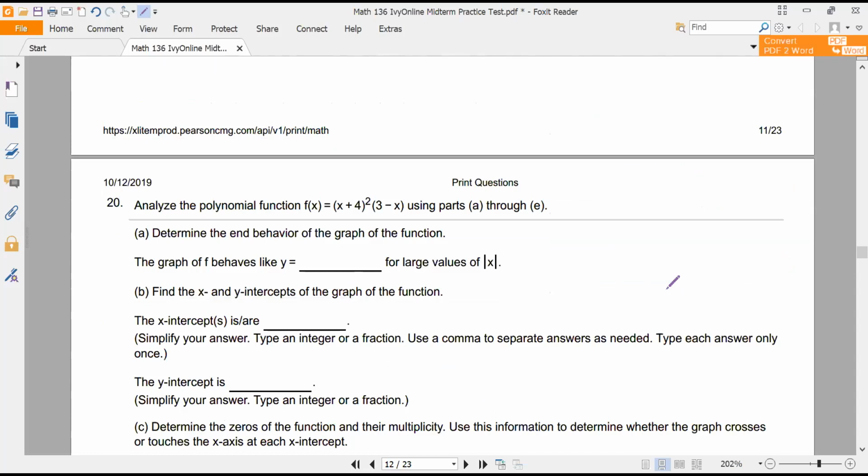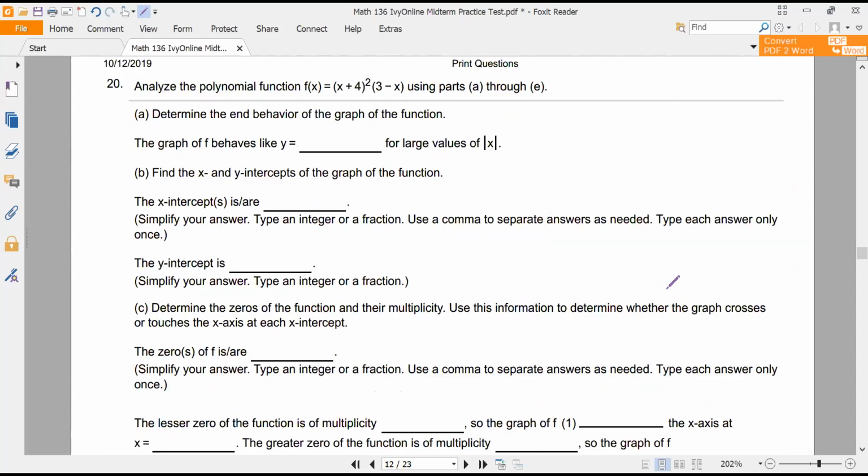Okay, so number 20. This is the big graphing polynomial problem. This has got a couple different parts that we have to go through and answer. The big idea here is that when you're talking about graphing a polynomial, there's a couple things you want to